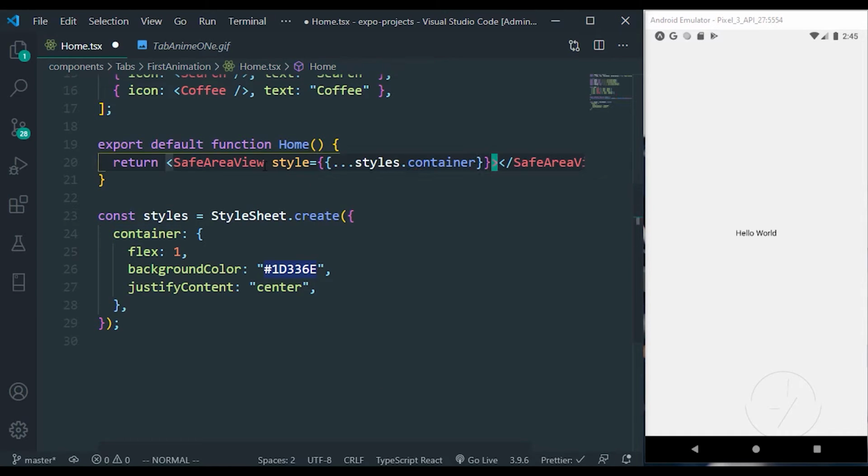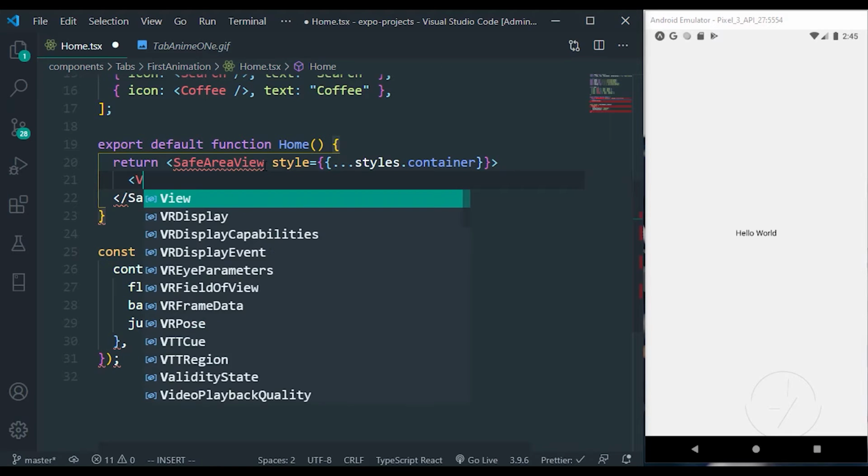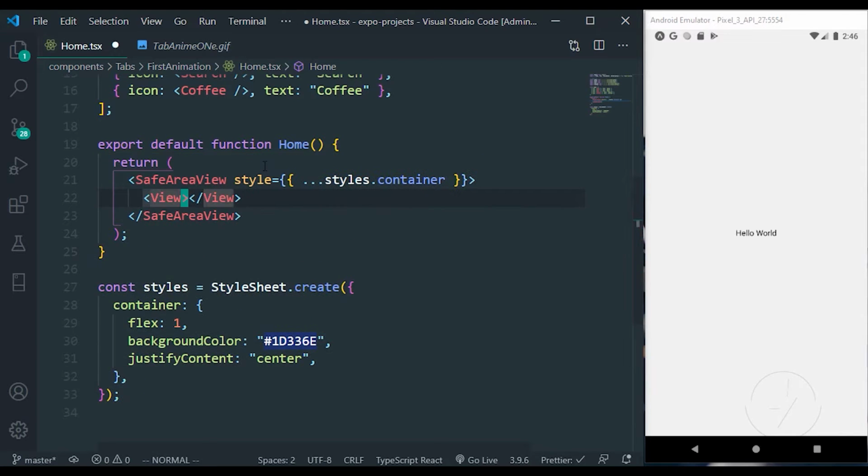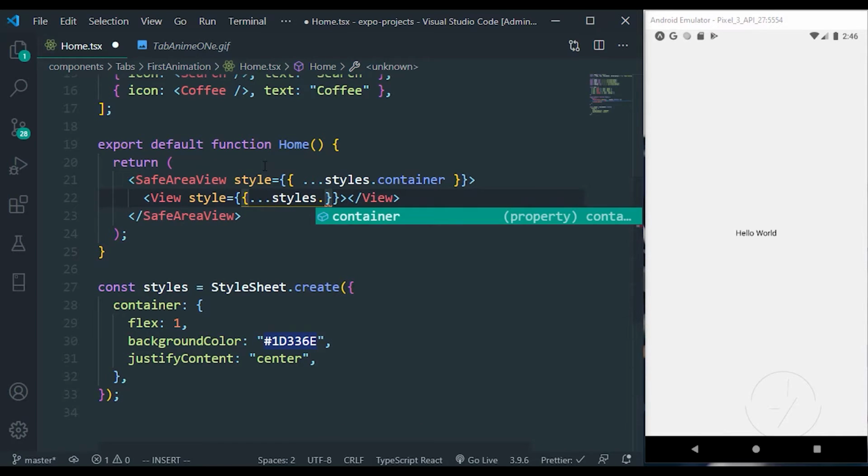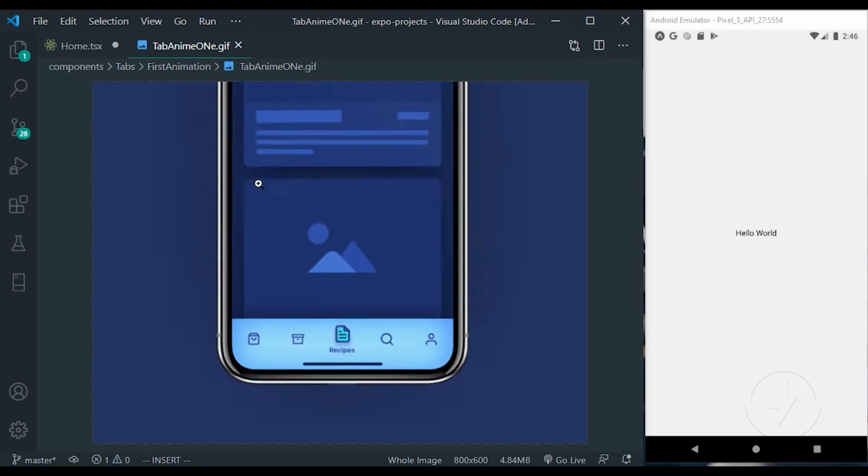Then inside here, we are going to have a view. Now this view is also going to accept a style. Let me just stop talking. Just go ahead and do it fast. For this one is going to be where we are going to have our tabs, because if you check on this image, you can see our tabs here. So